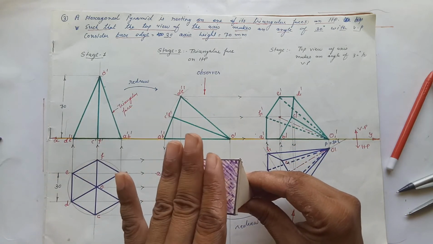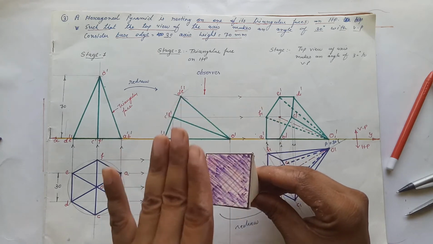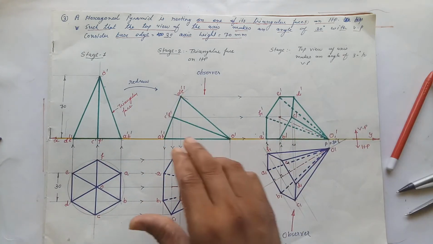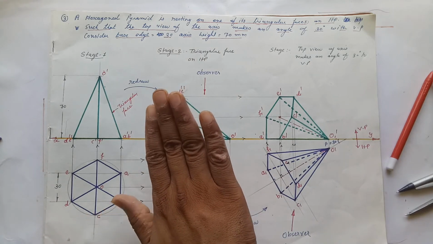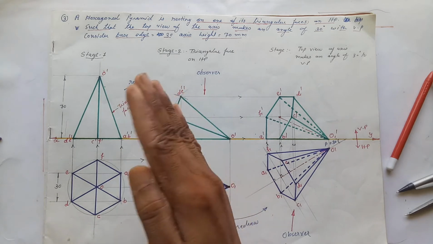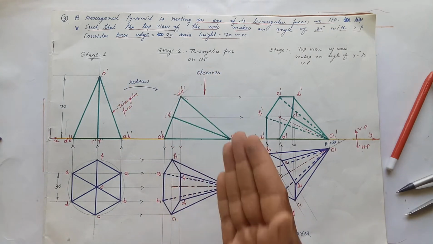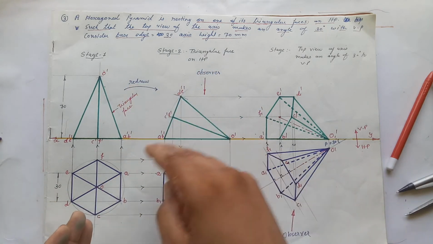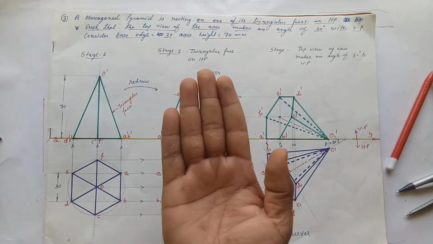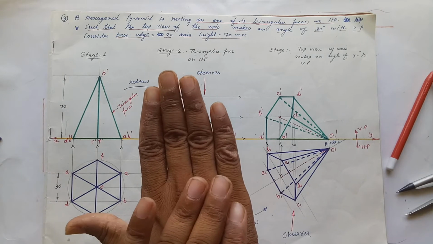So what this example wants to tell us, in this example the position is like this, so we can observe the base. So the surface of the base is going to be visible, and if you want to find out easily from the drawing, make sure that the points have rotated like this. So we can say by observing the drawing also that in this example the surface of the base is going to be visible.